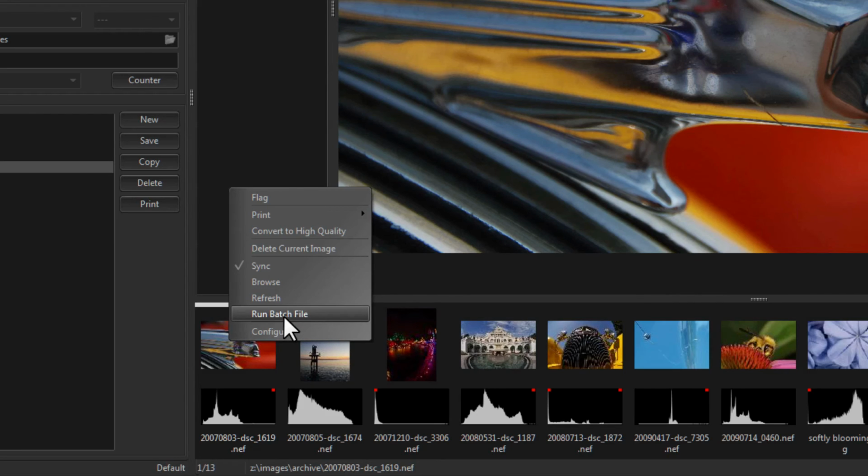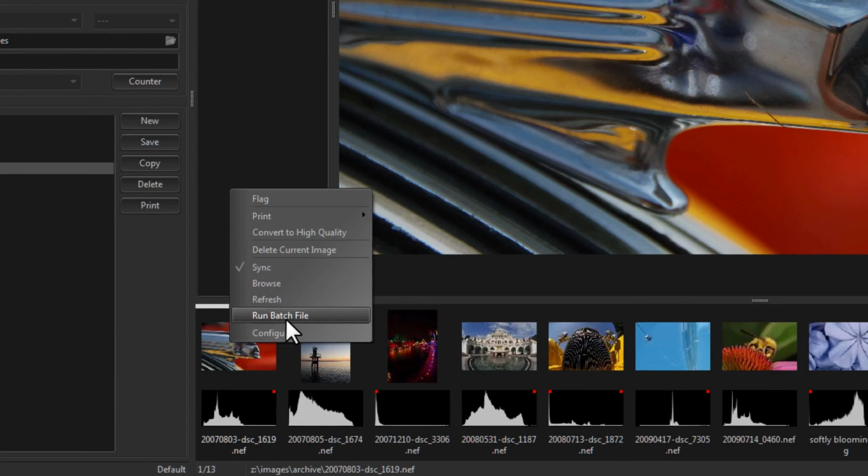Now on any image we can run a batch file. So this allows us to do post-processing after capture or post-processing on an image that's already in the database. So you may, for example, want to, as soon as you capture an image, rename it, move it to another folder where it undergoes some processing, and then move it over to another application that loads it up and maybe does some further processing. Using these batch files allows you to do that. And I'm referring to Windows batch files here, and these are kind of like the old DOS batch files that